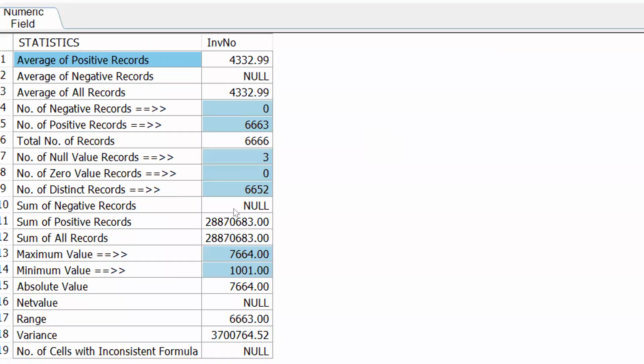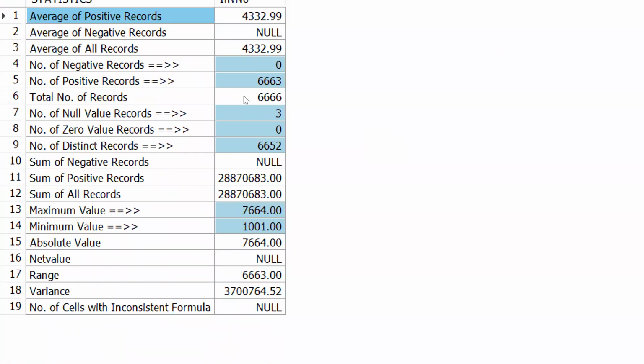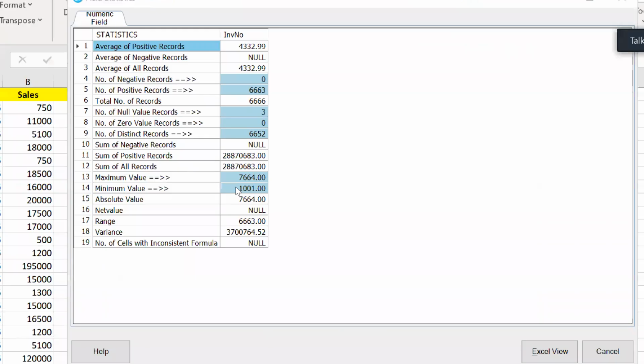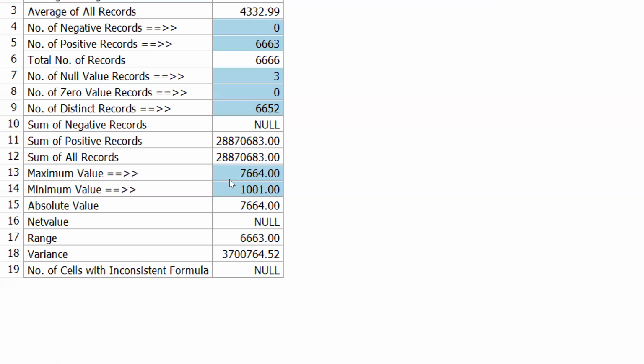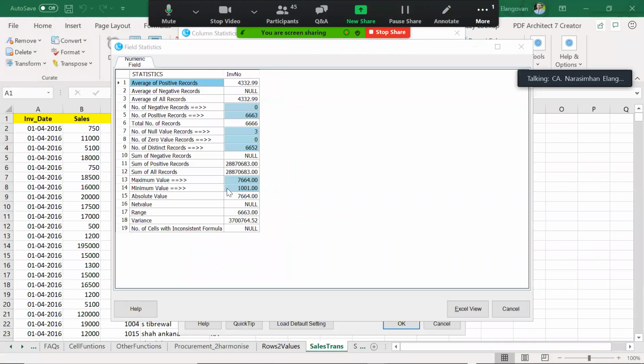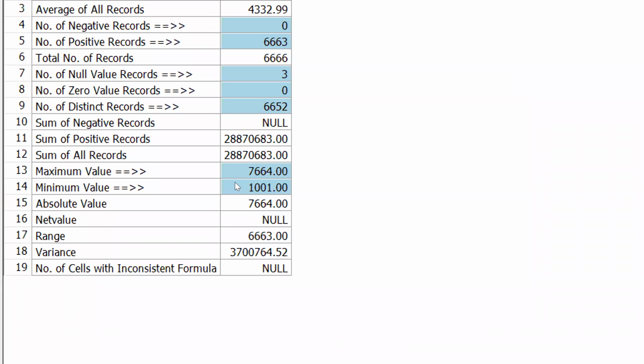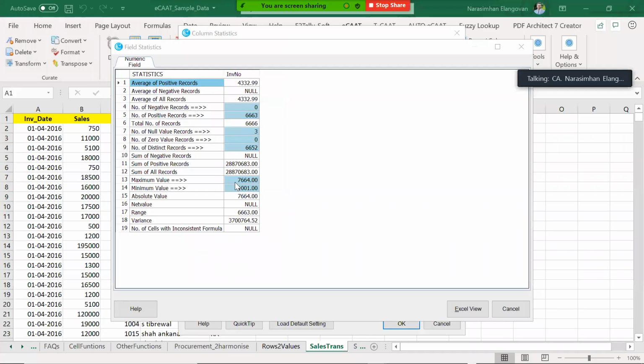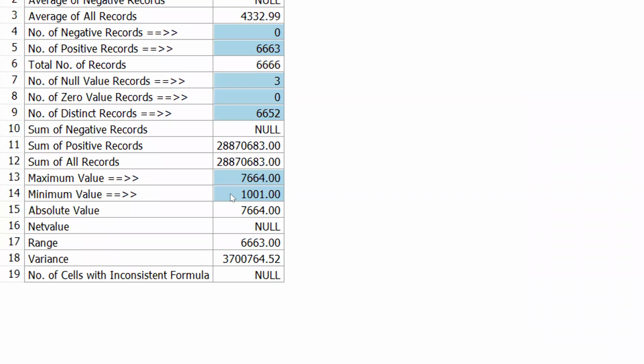So let me quickly move further. Sum of negative records is null because here also we have it, so that's okay. Sum of positive records, sum of all records, so obviously both should give the same. And look at this beautiful thing, minimum value and maximum value. So you also know what is the range of invoices. I was told that in the GST portal, in GSTR1, sometimes you also have to give the invoice number. I'm not sure whether that's a mandatory feature, but there is a concept like that. So you can now check these, correct? Now assuming you're doing an audit of e-way bill, you want the e-way bill, or let's say your GST invoices, to be serially numbered. In a click of a button, you can identify all of this, correct?